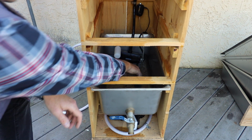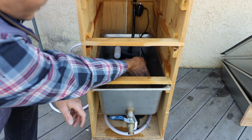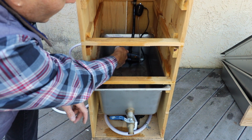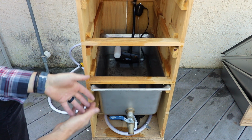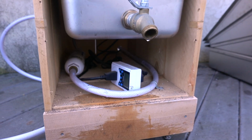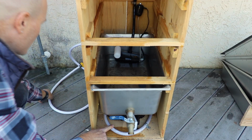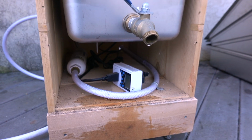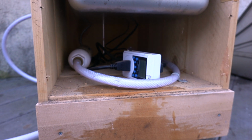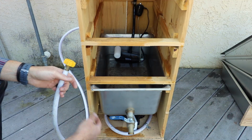Inside here, you have the aerator, right here, an air stone, which is hooked up to an air pump at the back. You have your float valve, which is going to control the water going into the tank to make sure it doesn't overflow. And then beneath it is where you have a water filter, which is tied to this line. This is your incoming water line right here. There's an inline water filter tied to that, and there is a timer at the bottom underneath here, which controls